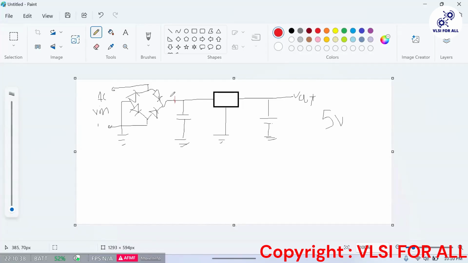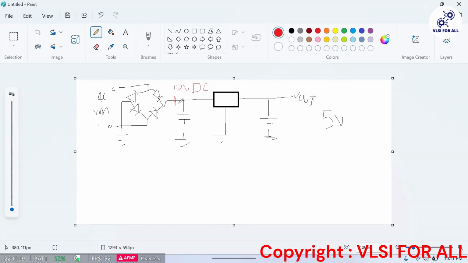Some blocks in the motherboard will require 12 volt, some will require 9 volt, some may require 5.5 volt, 5 volt or 3.3 volt. So wherever 5 volt is required, we will take that 12-volt DC directly to the 7805 and make it 5 volt. So everywhere it is not required to put a bridge rectifier. At any cost, you need 12-volt DC at this central point. Then it will convert to 5 volt.